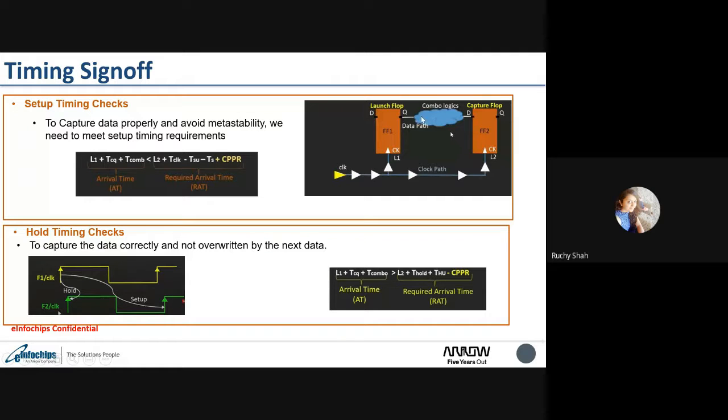Obviously, we will take the max delay in case of setup analysis. So these three parts make up your arrival time, and that arrival time should be less than your required arrival time.